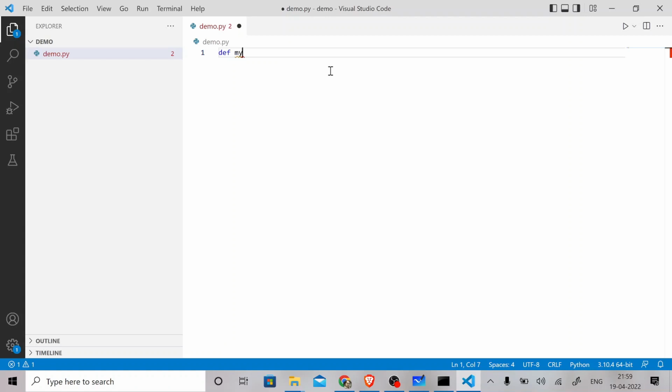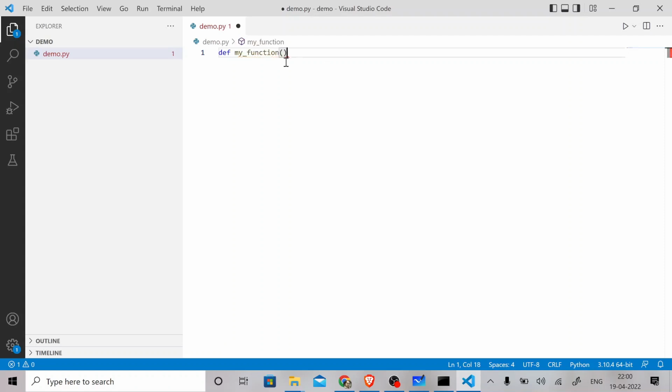Anyway, let's start with defining a function, and as I said, after the def keyword you need to provide the name of the function. So usually you can name it any way you want, right? But at the same time you also want to keep it something so that you understand later on what you try to do with this particular function. But right now let's just name it my function, and then you would provide a